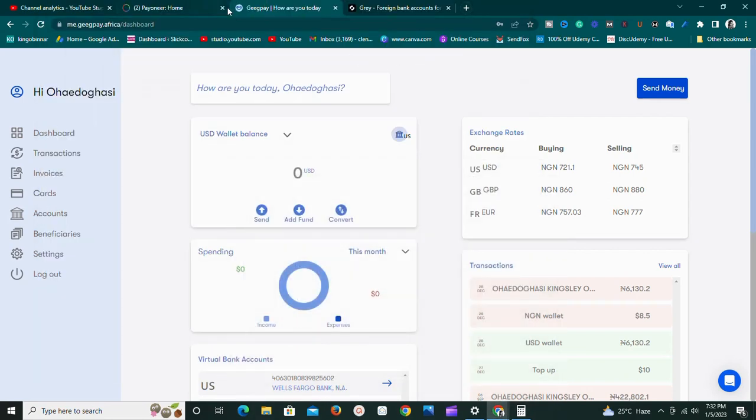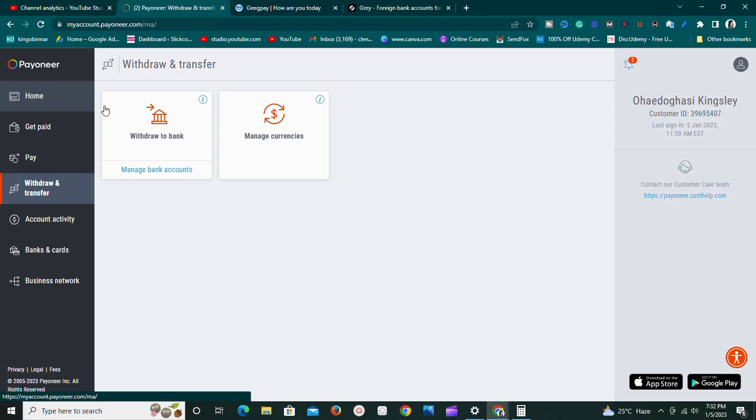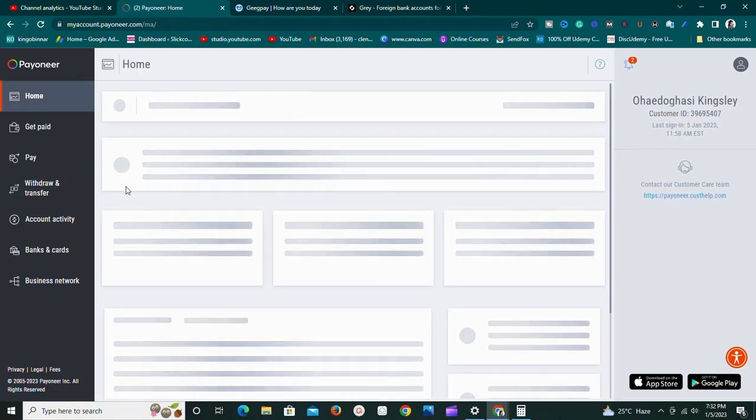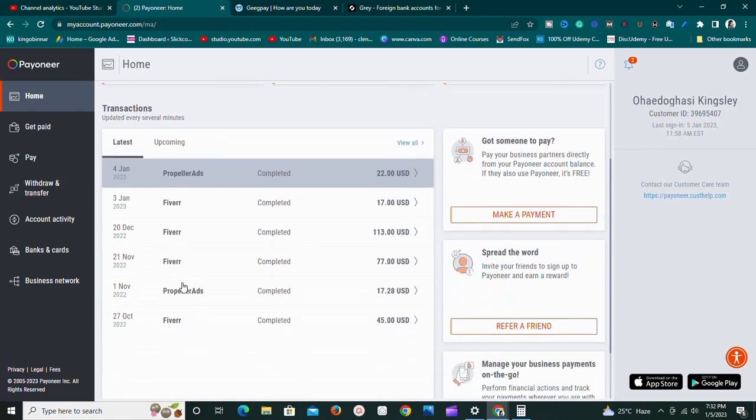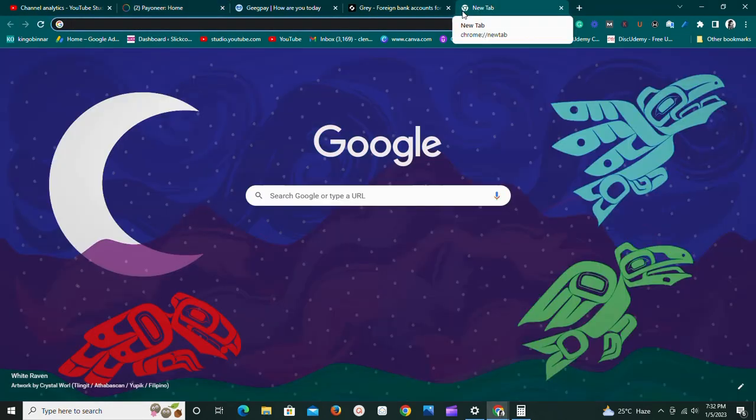So to get Payoneer funds, like I told you, you can either be working for various platforms, or getting your funds from various platforms like I do, like Fiverr, Propeller Ads and different things. Or you can buy from people that have Payoneer funds, people that work on all these platforms but want to withdraw their money to Payoneer and don't know how. You can buy from them. Now where will you see such people? You can see such people on your WhatsApp, on Facebook,